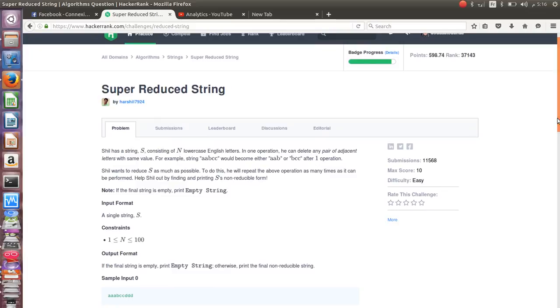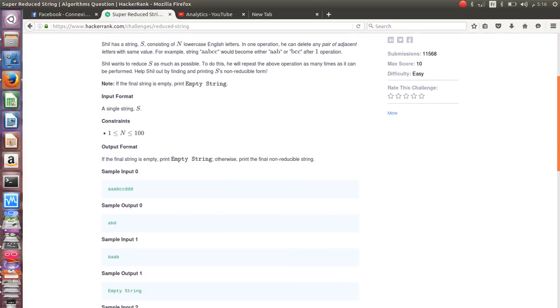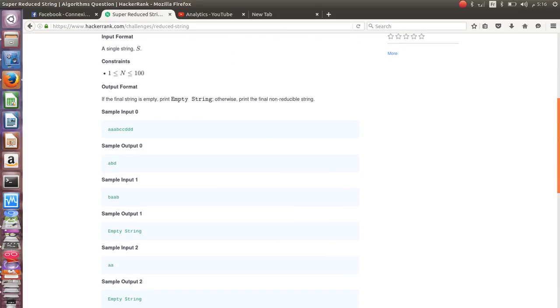Today I'm going to do another tutorial for competitive programming for a problem about strings, and it's called Super Reduced String. You're gonna find this on HackerRank.com, under practice, all domains, algorithms, strings, Super Reduced String. So the challenge is basically about reducing a string that got